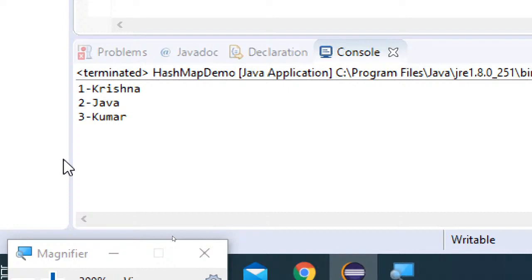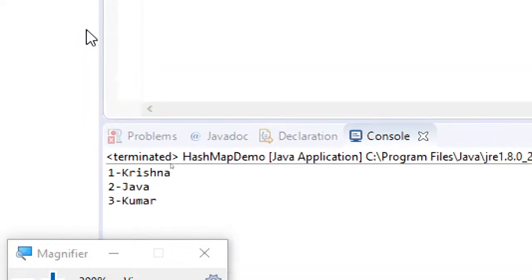It won't return any error, but whatever value is there will be overridden, and the older value is lost. That's the only thing. But one thing which I already stated, the one key one value concept. One key, one value. So keys are unique, but duplicate values can be there.